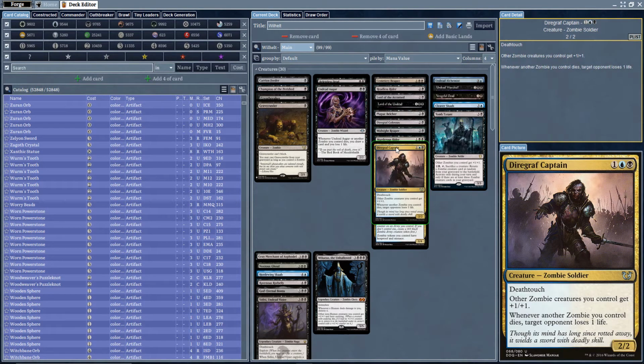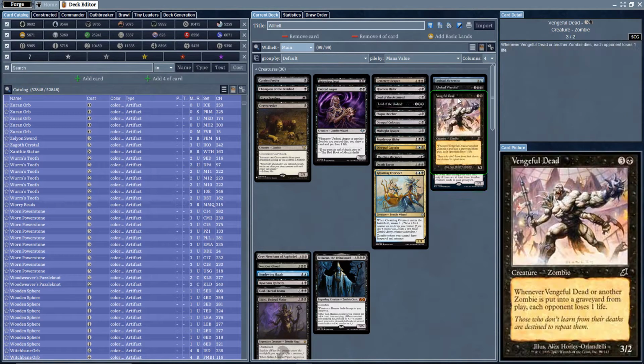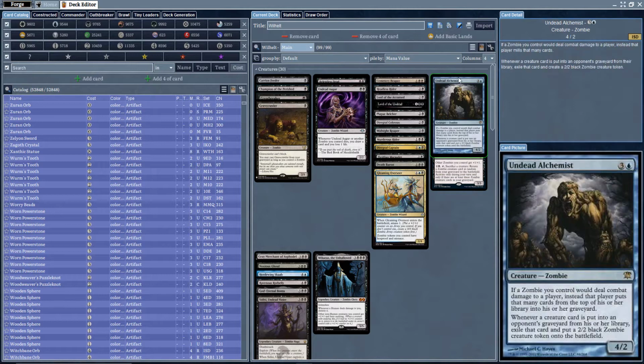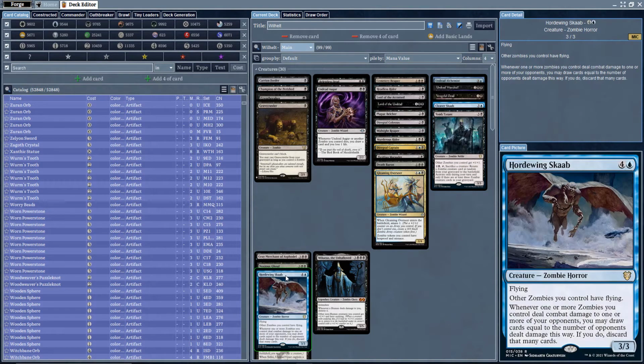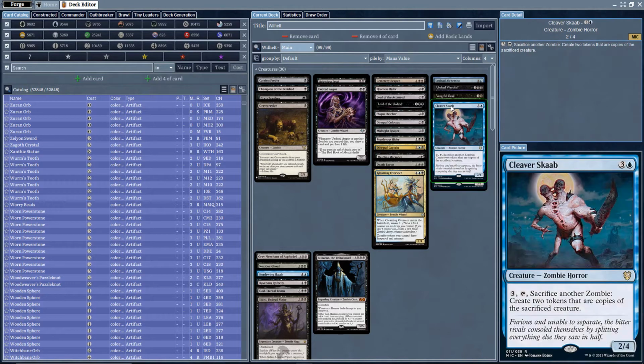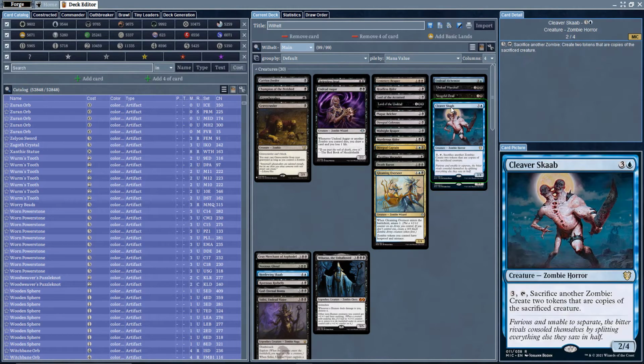Let's see. This is pretty useful. It's another one of those lords. It's the Aristocrats, which is part of this guy. Does the same thing. This is a really good lord. Okay, so one of the awesome things you do with this card, and there you go. This guy and this guy is just so sweet, because